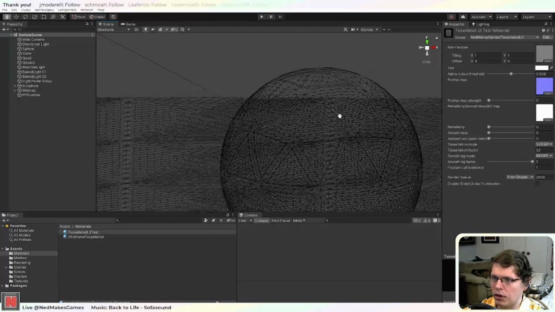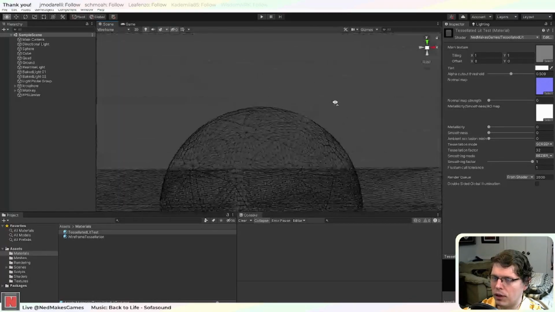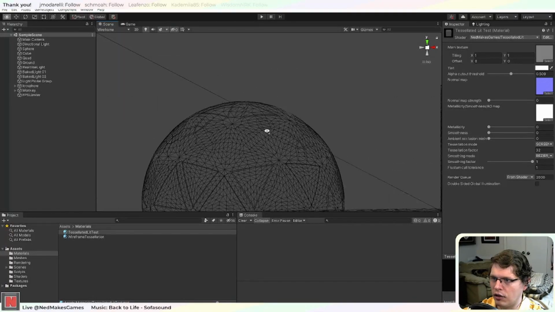I think it's just because the edges that were behind there were highly untessellated, so it was kind of